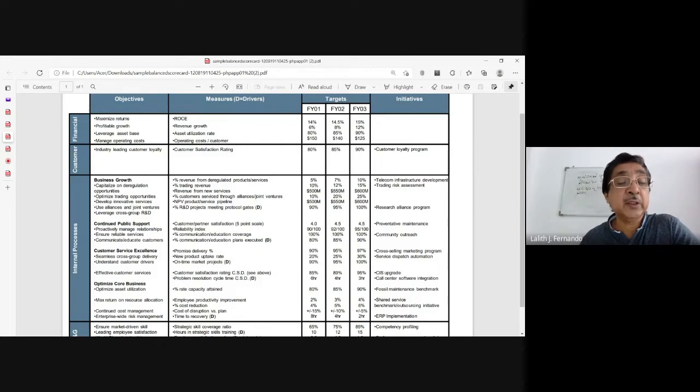I'm just following these things, and I want to give you more insight into them. Under business growth, this particular balanced scorecard will go through the capitalization on deregulation opportunities. I think this is basically applicable for institutions being regulated,